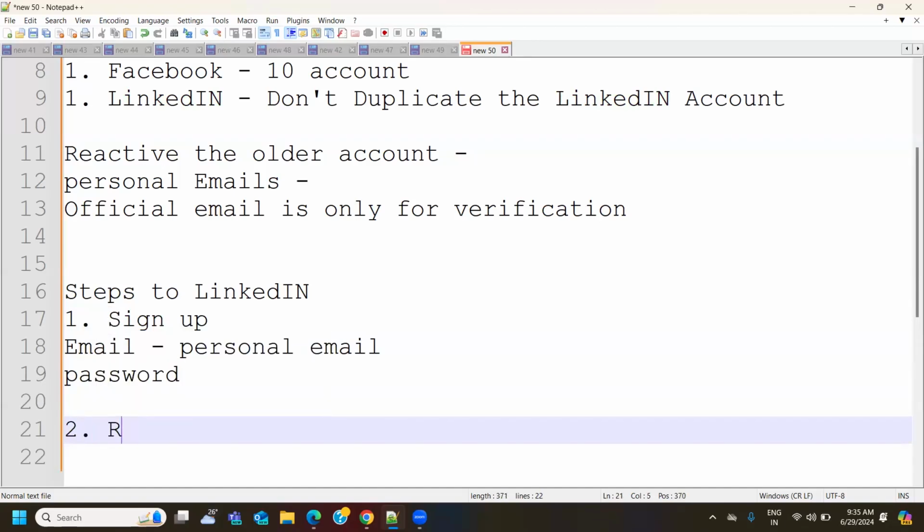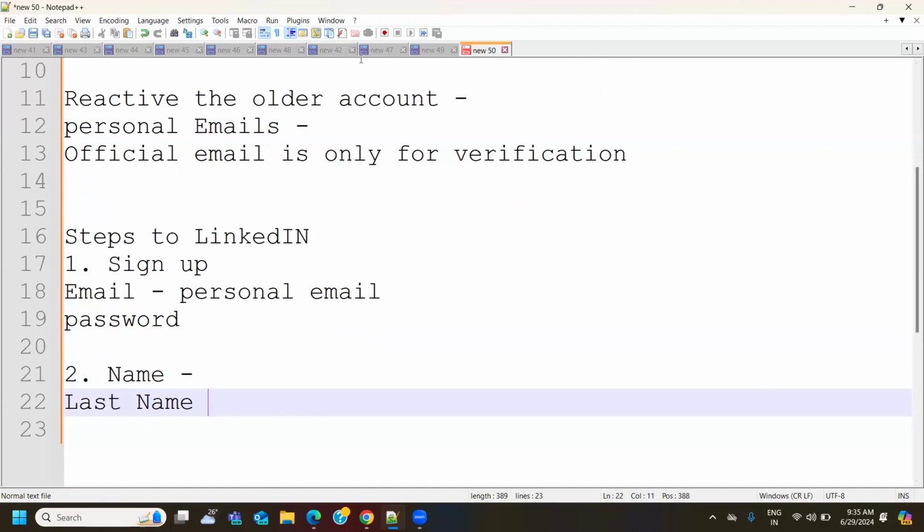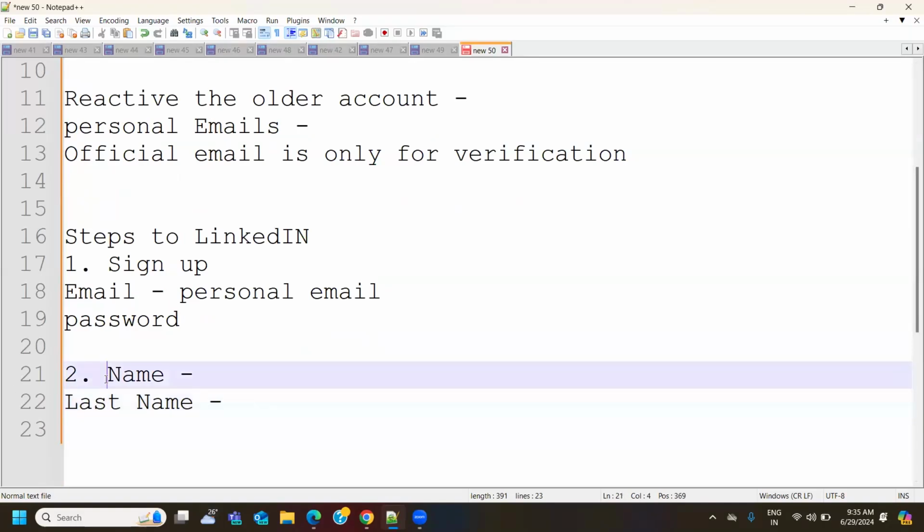step, it will ask you to mention the first name and last name of the person. See, here also it plays an important role. For the people who are from south India, there are many people I've seen who don't use their complete surname. First name is okay. You must mention your complete first name. Do not mention some different names. Do not mention some random names in your first name. Do not add some aliases. Mention your original first name.